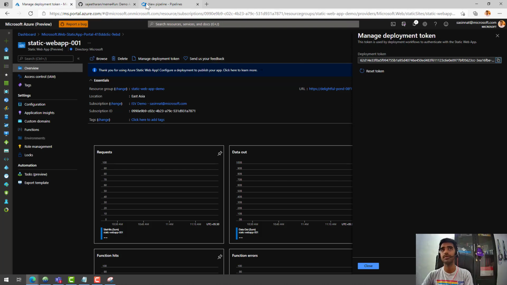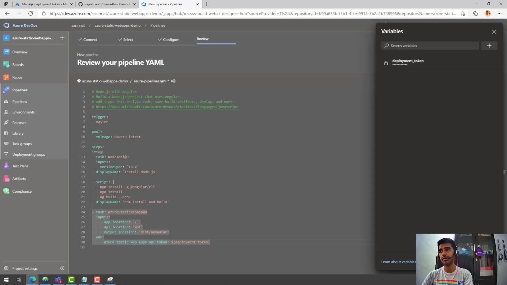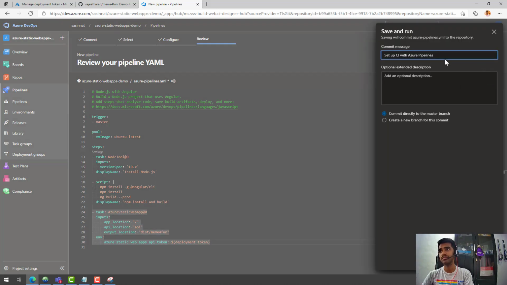So I'm going to copy this and then paste it here. You need to keep this value as secret, so I will enable that as well. And then once you do that, you need to click on save. That's it. So you have created the pipeline in order to deploy this particular application to Azure Static Web Apps. So now you can save and run this pipeline.